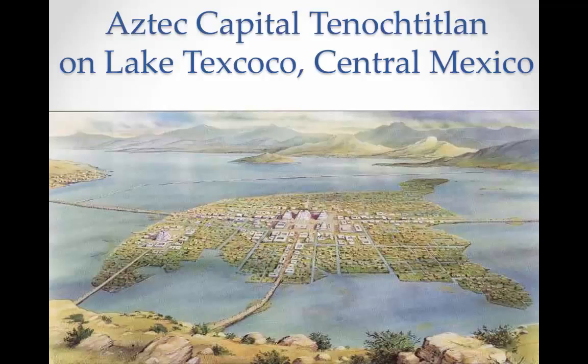So these people were really proficient builders. They were good engineers, and they were really quite an incredible group. It's just that their practices, in comparison to some of the European practices at the time, were considered a little barbaric. You had things like human sacrifices from their religions and such.